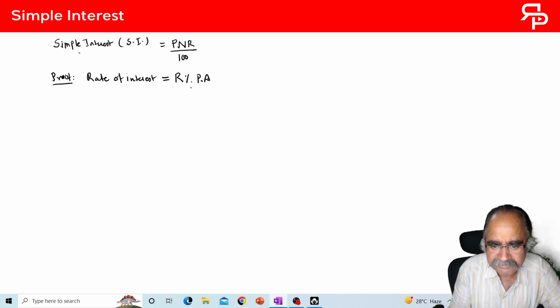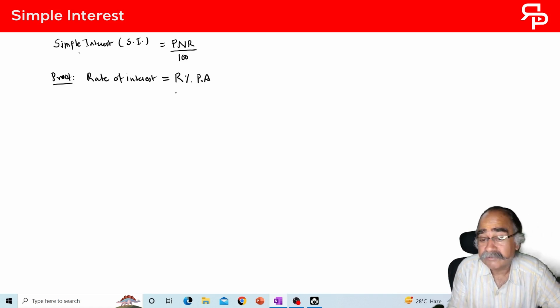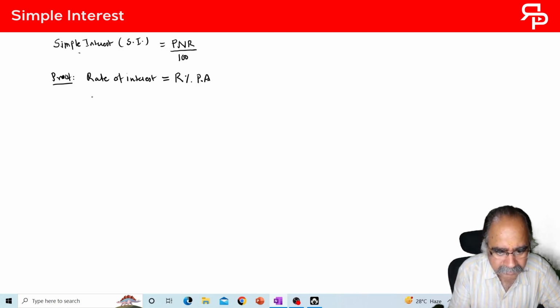What do we mean by R% per annum? Percent is short for century, per 100, and per annum is at the end of every year. So if I deposit rupees 100,